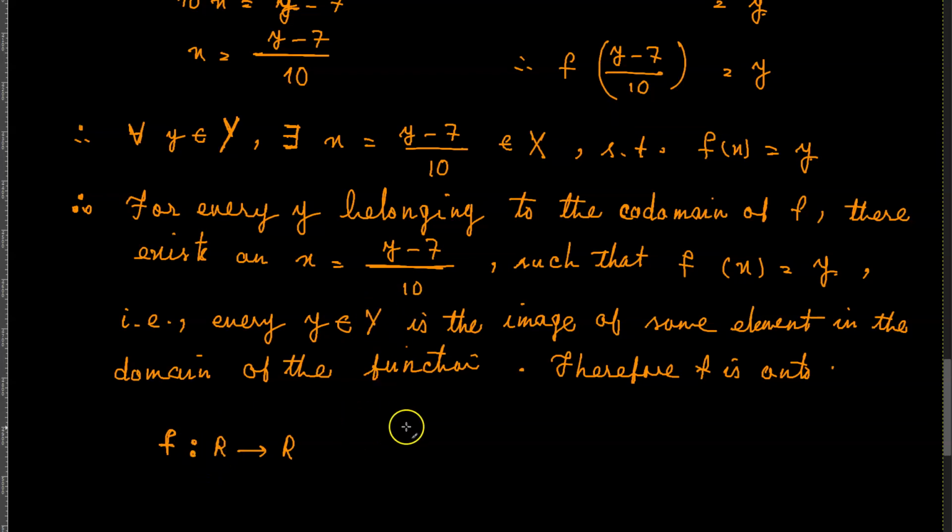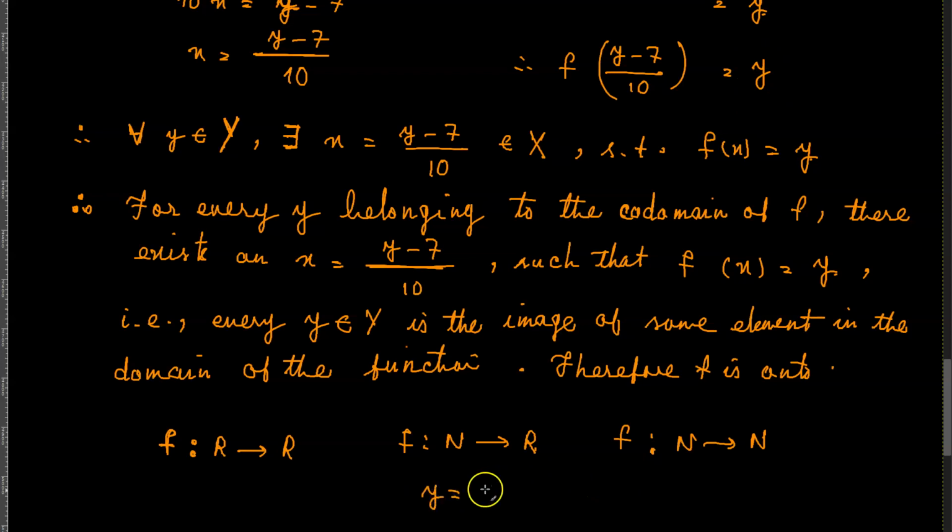For example, if f were a function from N to R, or from N to N, and I got the same rule over here, then of course the function would not be onto,